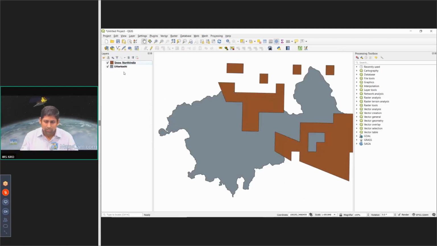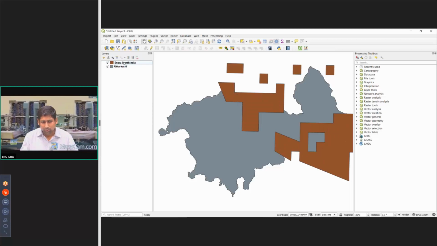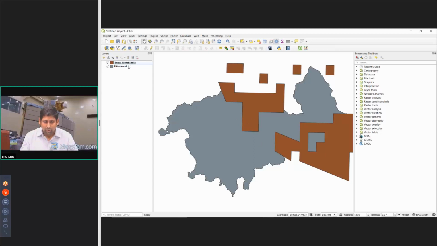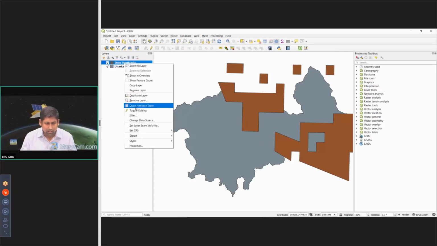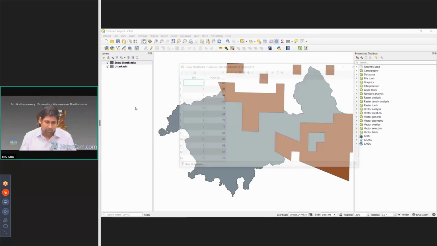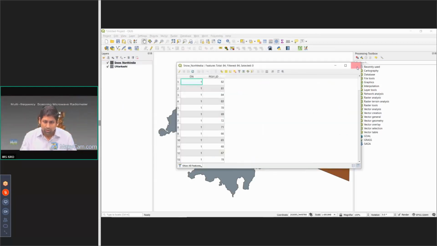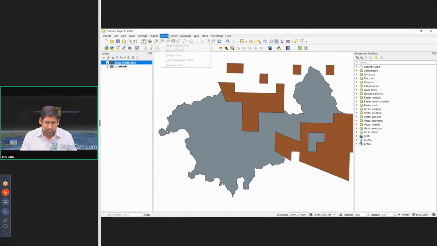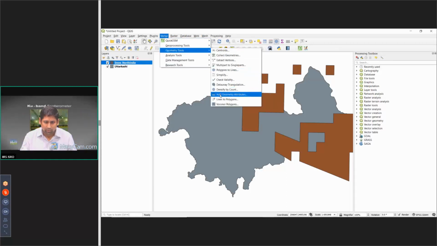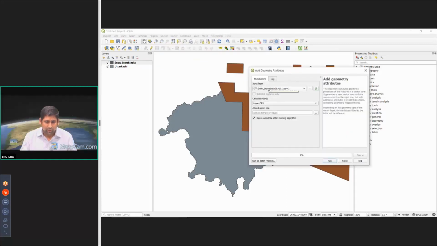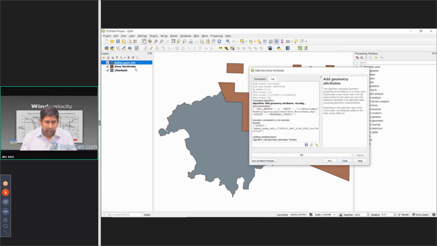So what we basically want to do is clip these, find out how much snow is there in Uttarkashi. But the problem is, let's look at the attribute table of this snow file. There are two columns. Let me add the area and perimeter of these snow patches. So if I go to geometry, add geometry attributes, and select Snow North India and click on run, it creates